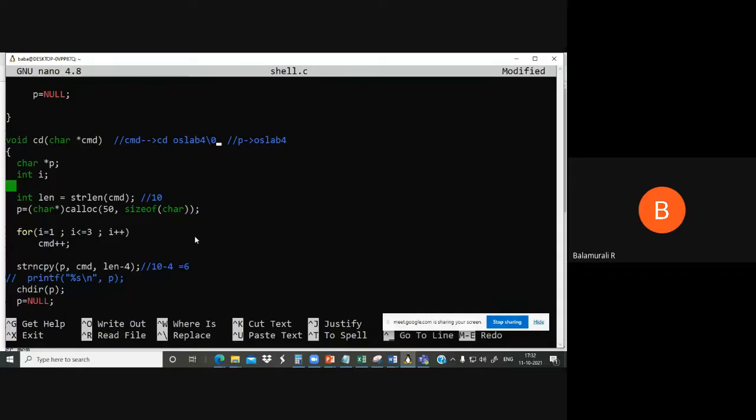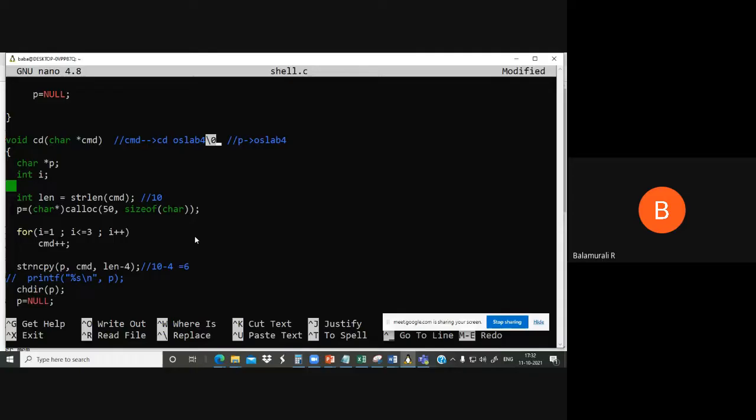Now we want to remove these extra things. This cd space should be removed. This null character also should be removed, right? That's what we are going to do first. We are creating a character pointer p and some variable i. First we are finding the length: length is equal to strlen of cmd. If you take a typical example, its length is 10. But it is a generic algorithm. 1, 2, 3, 4, 5, 6, 7, 8, 9, 10.